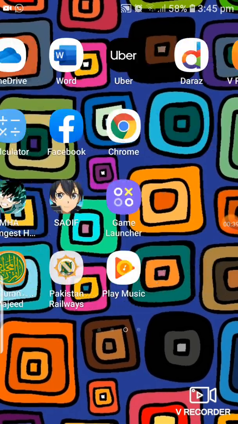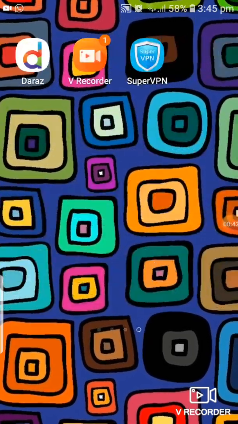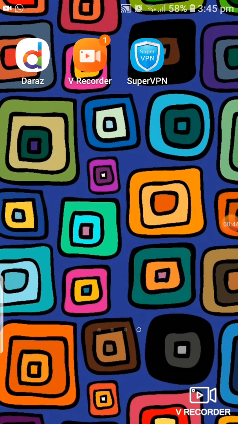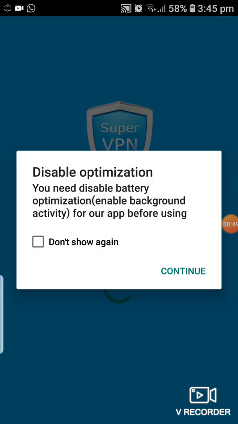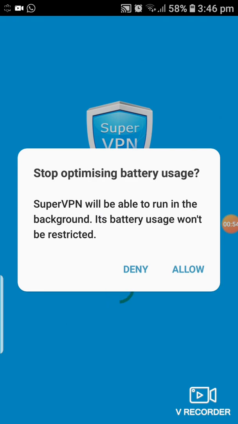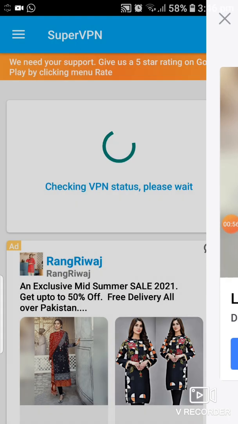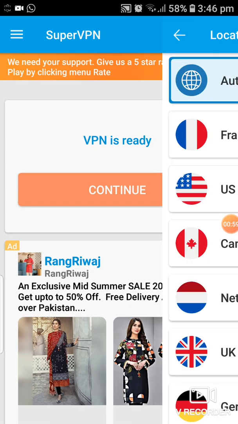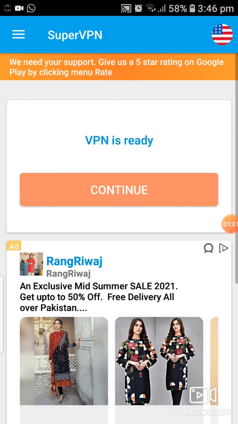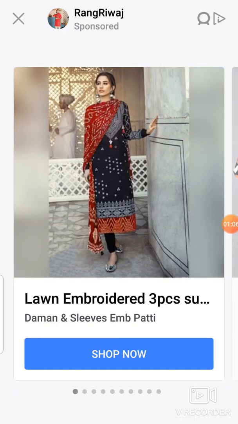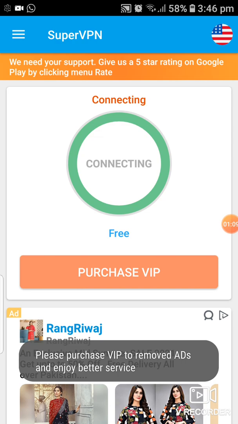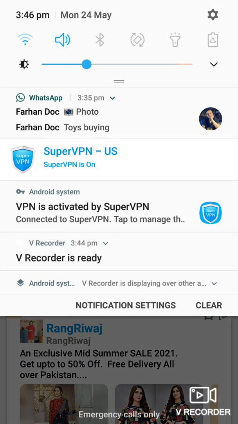So first you need a VPN. Any VPN would work. You can go ahead to Google Play Store and download any VPN. Then you have to turn it on, disable optimization, and continue, stop using, deny that, or whatever it is. Then you have to connect it to the US and then continue. Connect, click OK. Yes, you're gonna experience ads, but that's completely okay. Disconnect, and now as you can see, it's connected